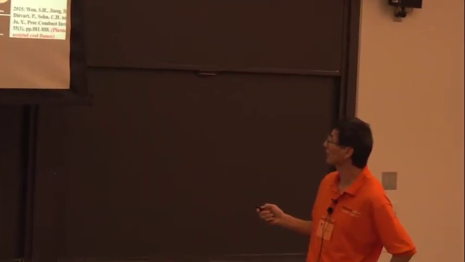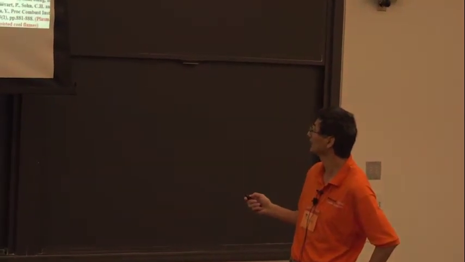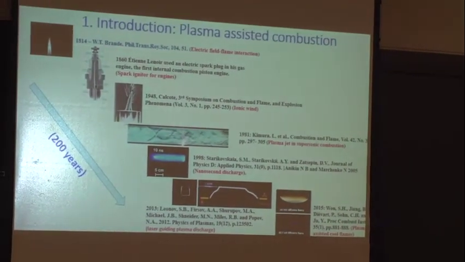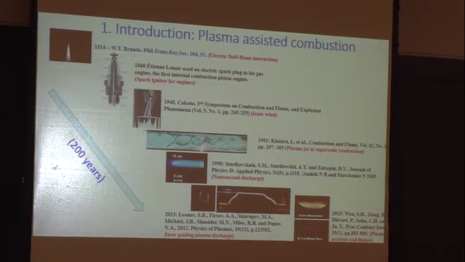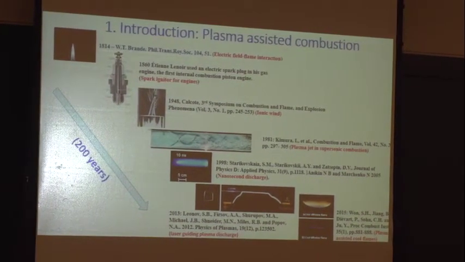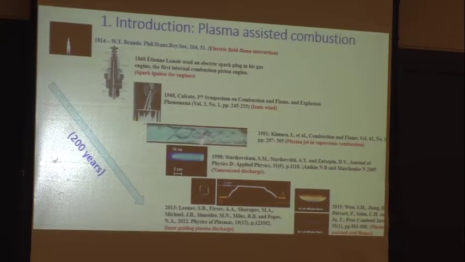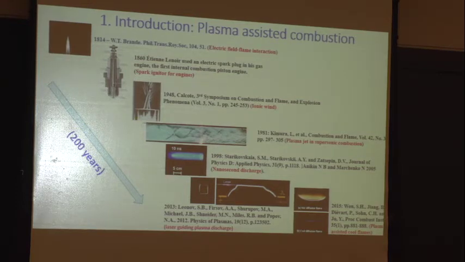The big progress came probably around 2000, by Starykovsky and Starykovskaya in Moscow. They tried to apply this kind of fast ionization wave. You mean that it generates a nanosecond discharge. You generate a propagating ionization wave so that they can discharge fast and in a uniform mixture, so they are able to control volumetric ignition.